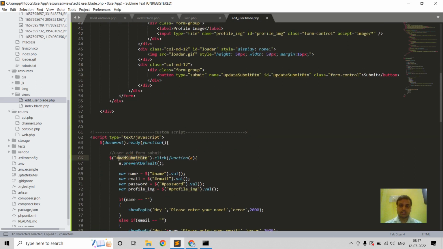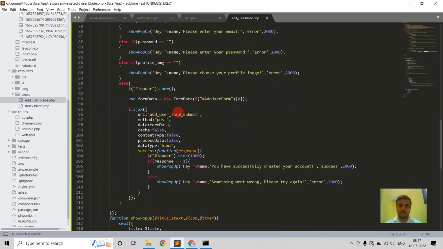Copy this and paste here this button, and now here change the route date,